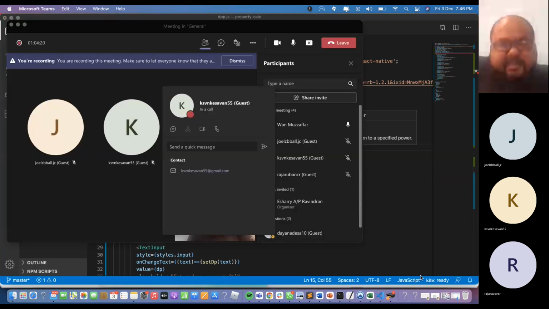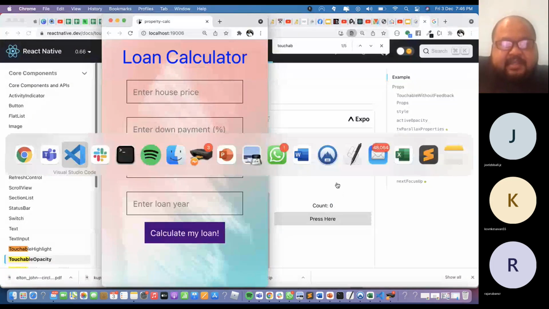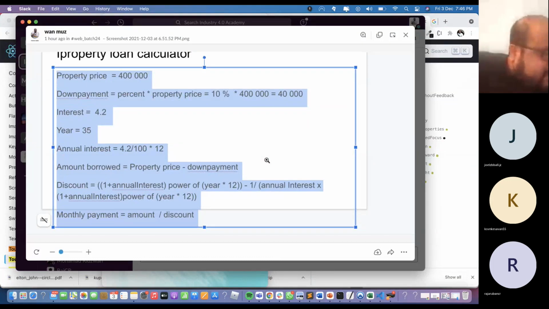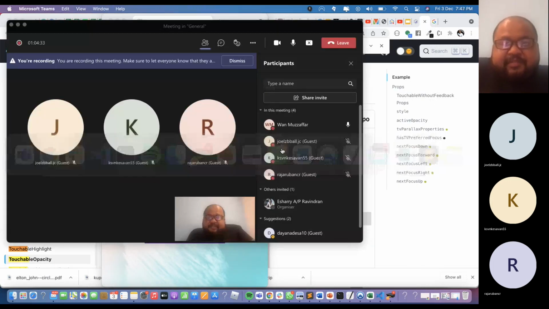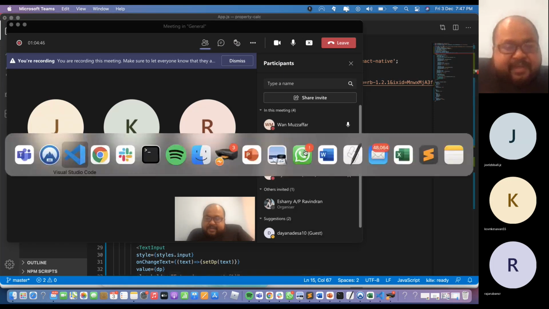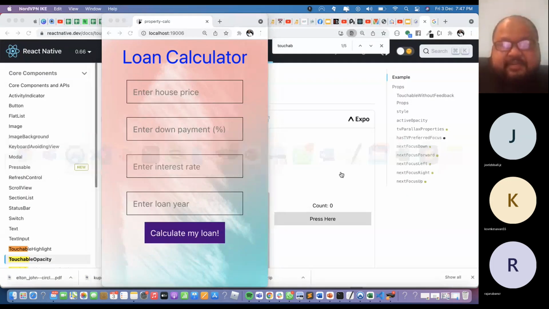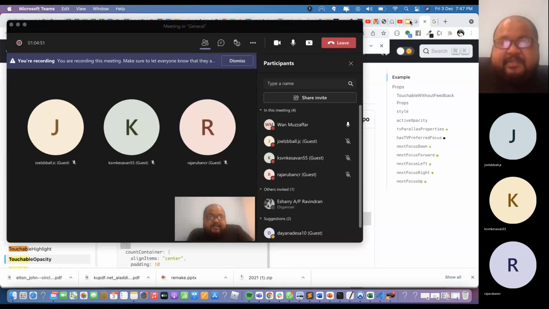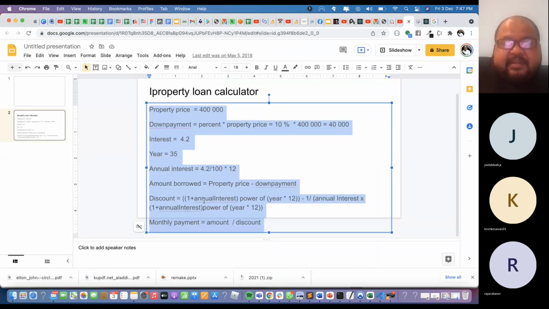And then divide by, tolak satu. So this one I will minus 1. Just follow the formula. If everything is okay, normally nothing will go wrong. Tolak satu, right, and divide by, what's the formula? Annual interest times